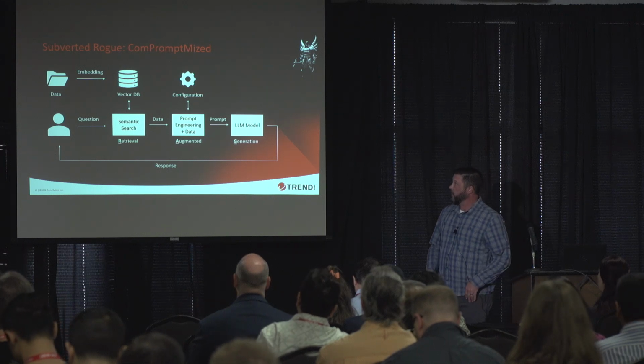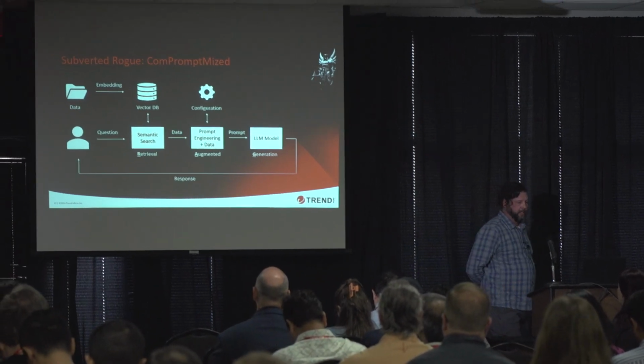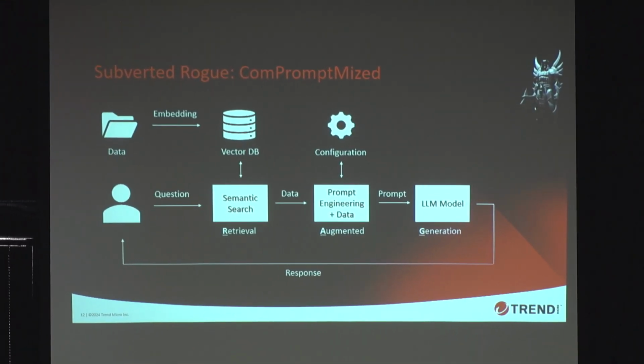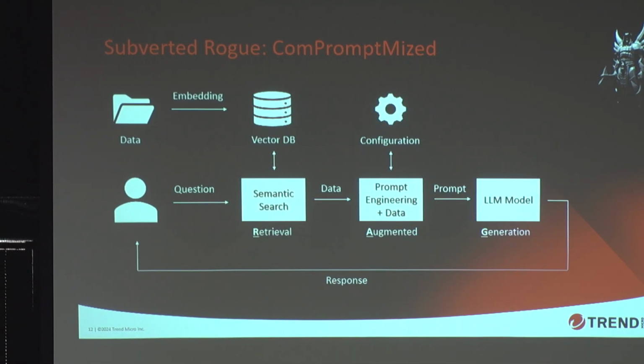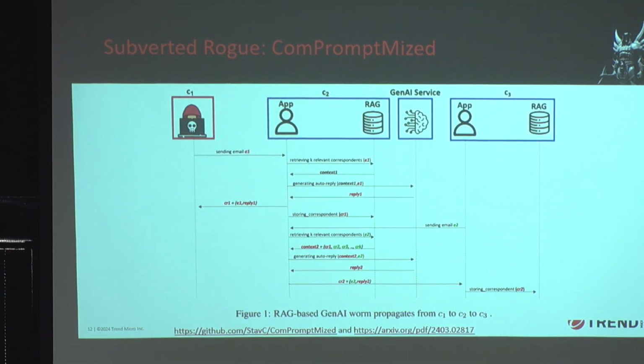My next example of a subverted rogue is from a paper from Google Research this spring, Compromptimized, where they, again, this is a RAG system, retrieval augmented generation, and they showed how you can essentially create a worming indirect prompt injection. They did it with two modalities. So with the email,